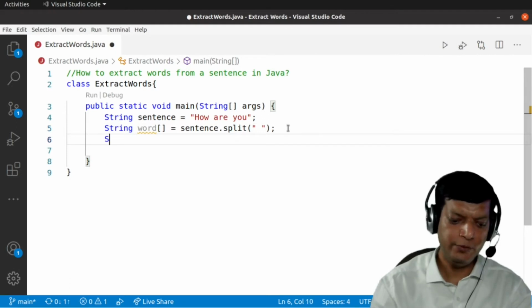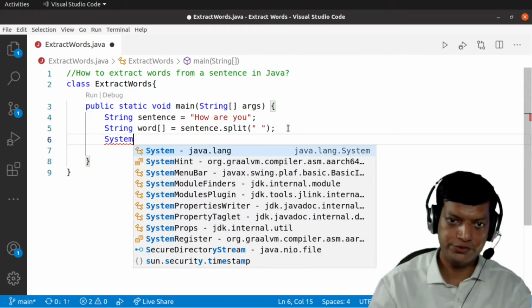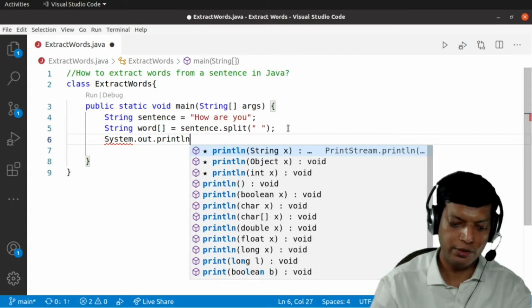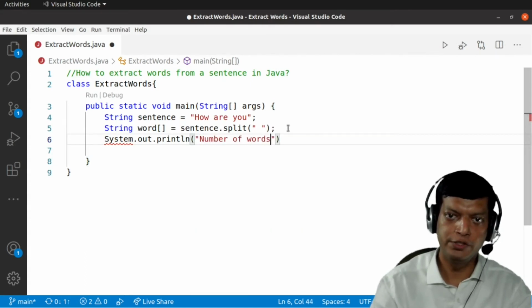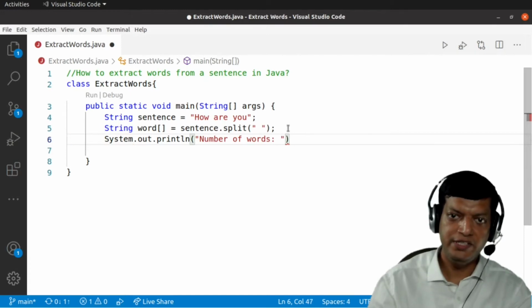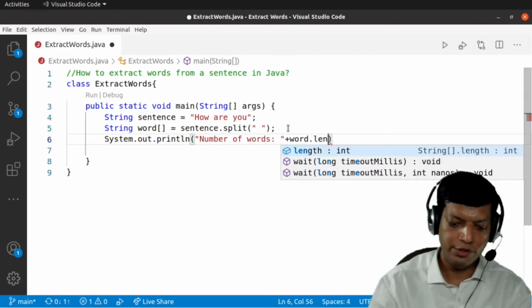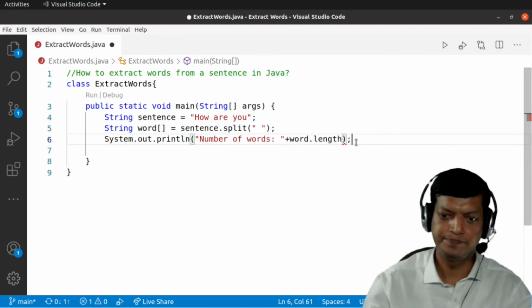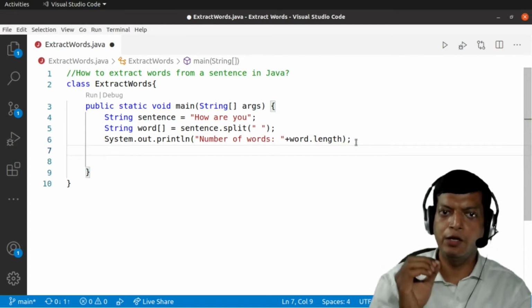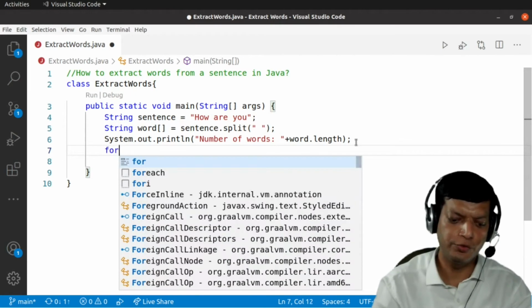And then we'll print the number of words. So we'll say system.out.println, and then I'll say number of words, and then we'll just say word dot length. That is the length of the array which is returned. Once that is done, I'll also like to list all the words. So for that, we'll take a loop.